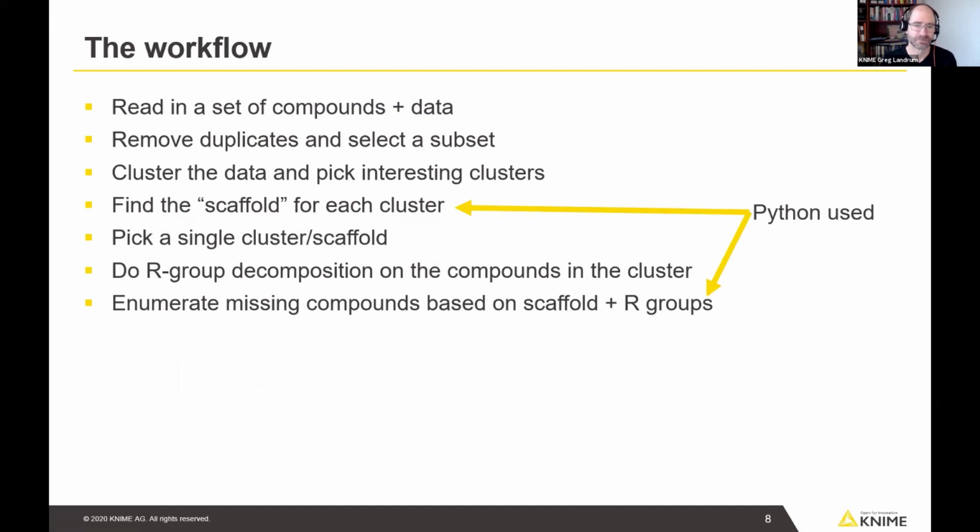What we're going to do overall in the workflow is read in a set of compounds and data. Those are the CDK2 compounds from ChEMBL that I talked about. We're going to remove duplicates and subset those compounds, and then do clustering and pick the interesting clusters. We will find the scaffold for each of the clusters using a fuzzy maximum common substructure approach, and then clean that up a little bit. To this point, it's all been purely KNIME. When we do that cleanup, we're going to use Python from inside of KNIME,